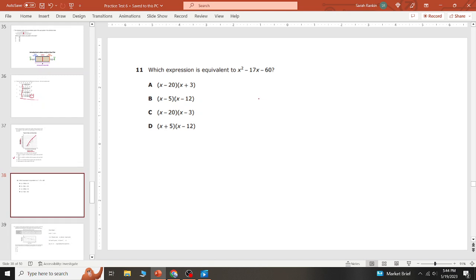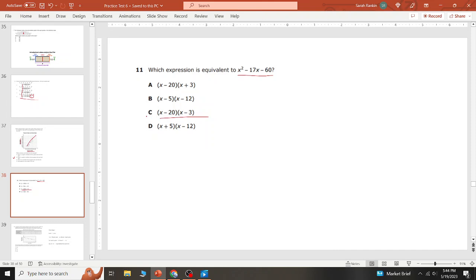Which expression is equivalent to this and this? Okay, they want us to factor this. So we have to come up with factors that multiply to -60 and add to -17. You can see that's right there, right? You can just look at them and FOIL them if you need to, but this is going to give us,